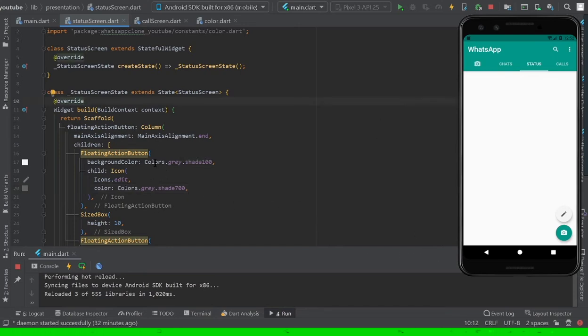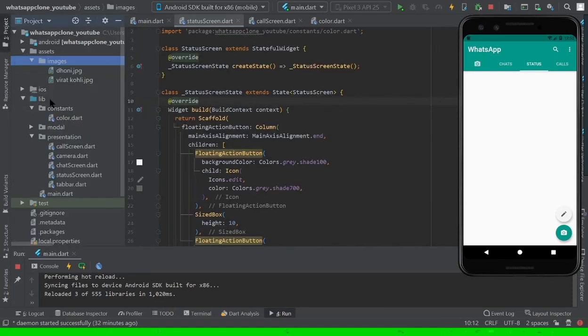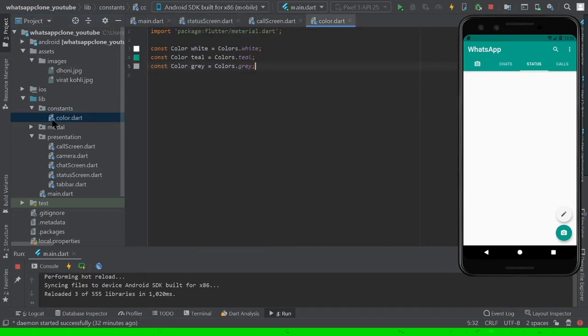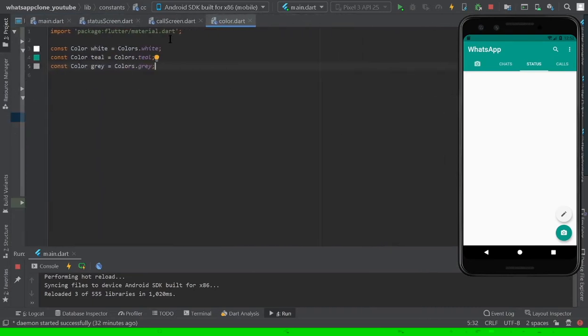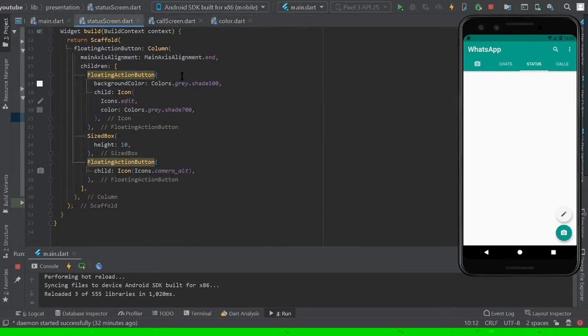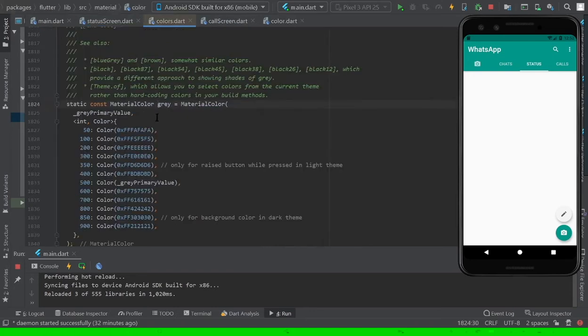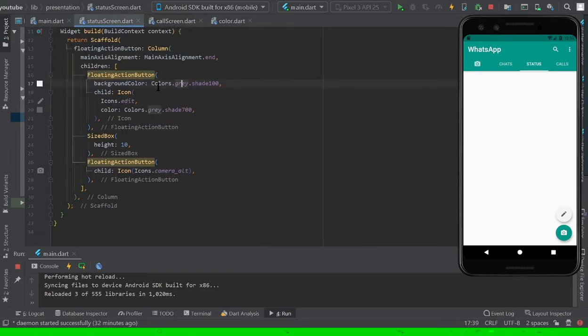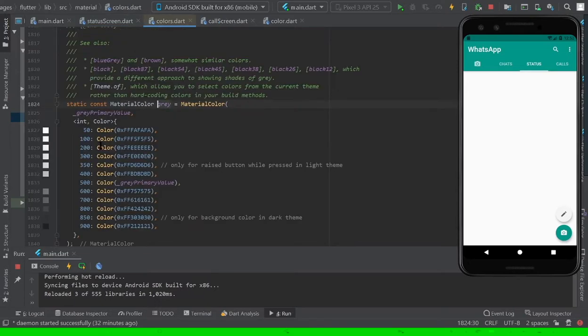And we also want to add these grey shade 100 and 700 to the constants. It's not like we add the simplest color; we want to do it in a different way. So for that, we just want to get the grey 100 code here. If you press control and click on this grey, it will show you the color hexacode. We actually need the exact hexacode of that one. So we just want to copy this from here,